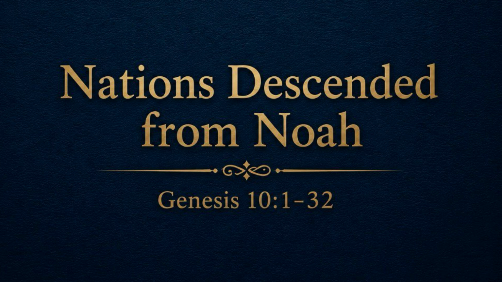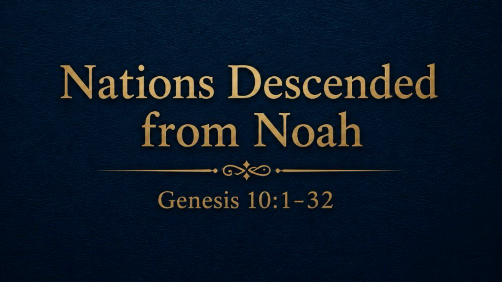The chapter also provides an important backdrop for understanding the fulfillment of God's plan in the first century. The nations listed here became the peoples among whom the gospel spread. What began as scattered families after the flood culminated in the proclamation of the good news throughout the known world. The gathering of people from every nation into the kingdom demonstrates the accomplishment of the promises that had been developing since the earliest chapters of Genesis.